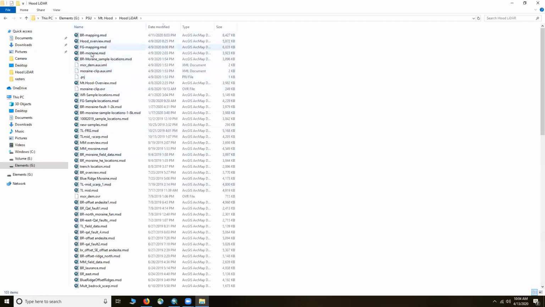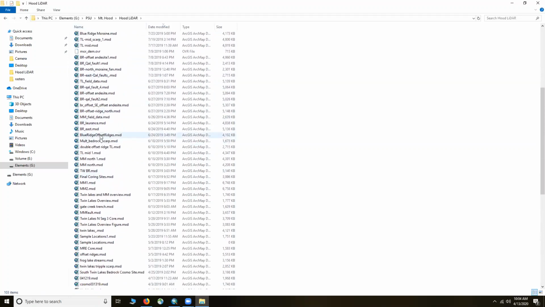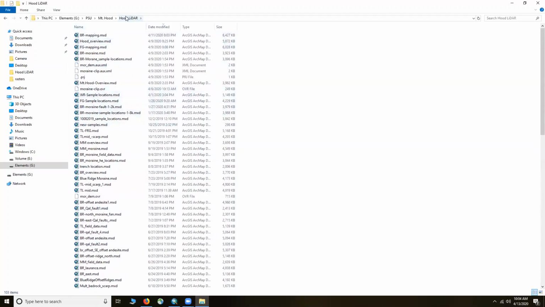And what you'll notice is a bunch of, these are called MXD files. And basically this is just your ArcMap project. So if I wanted to start mapping in ArcMap, I would double click on this and it would open up ArcMap. But in this Hood LiDAR folder,